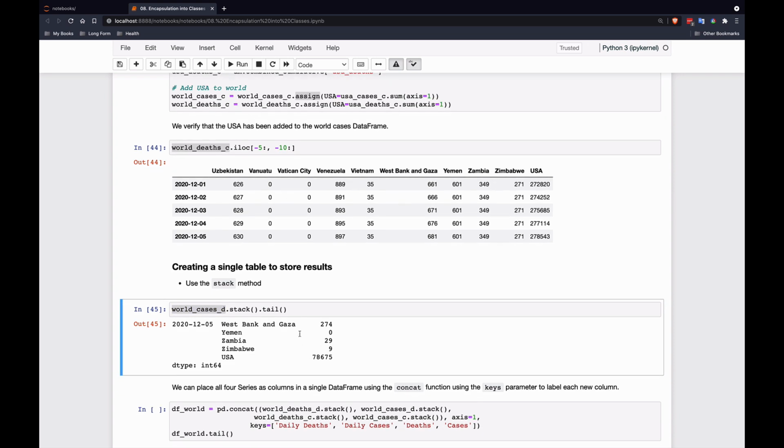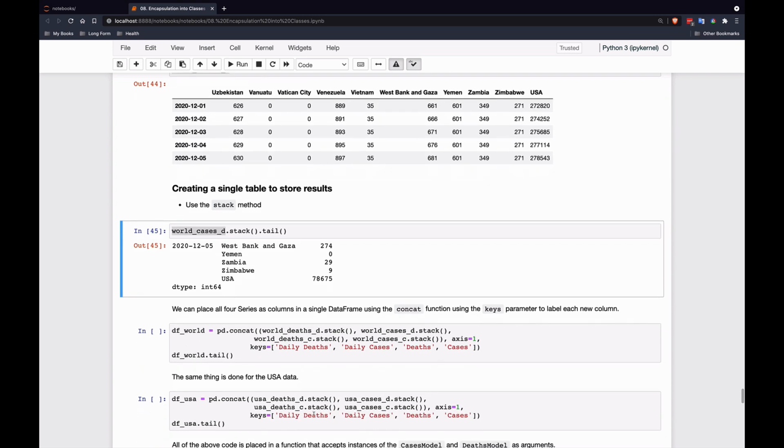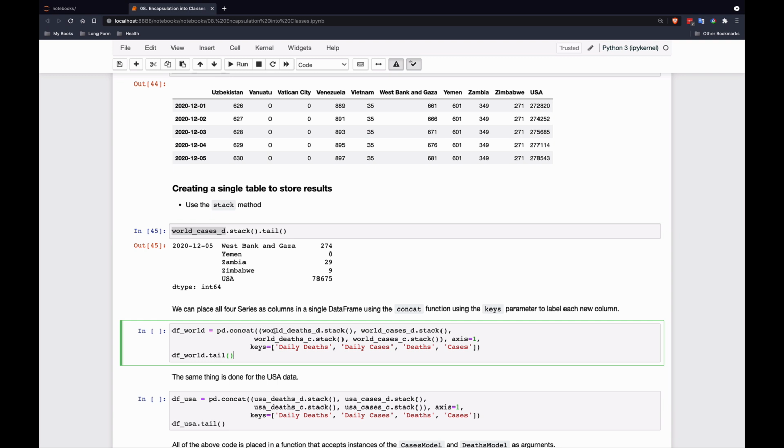Okay, so we have 4 data frames for the world: daily deaths, daily cases, cumulative deaths, and cumulative cases. We have 4 more for the USA. You'll see it down here. So what we're going to do is call the stack method on each of those data frames. We're going to create one long series of data that has two items in the index, the date and the country name. And then we're going to concatenate them